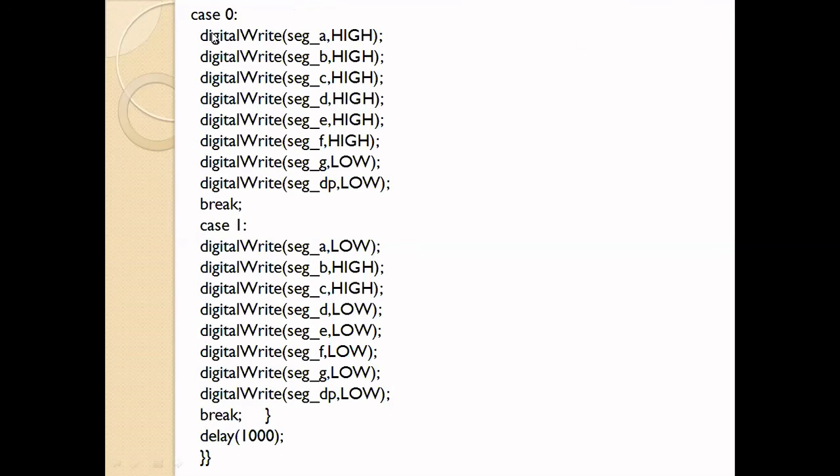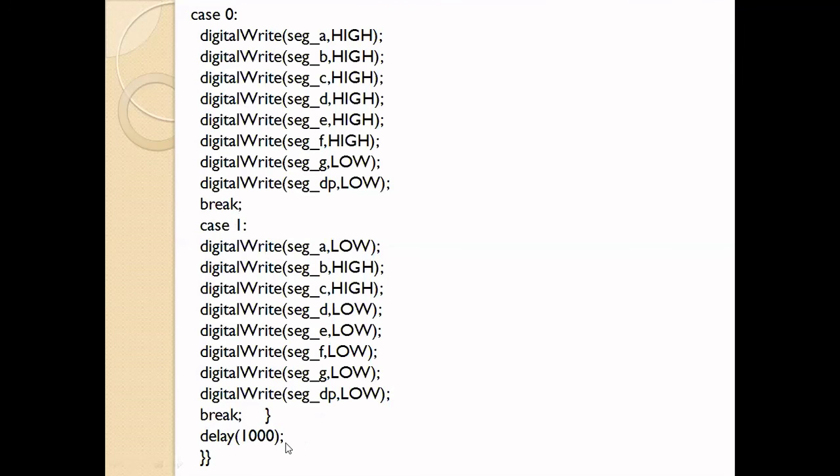Next, this is called a for loop. In the for loop, I am initializing I as 0. So now the I value is 0. In the switch, I is 0, so it will go to case 0 and display the value 0. Next, if the I value is 1, it will display the value 1. If the I value is 8, it will display the value 8. For your understanding, I have given only 2 cases, case 0 and case 1. Case 0 means it will display the value 0. Case 1 means it will display the value 1. Like that, we can write different cases.